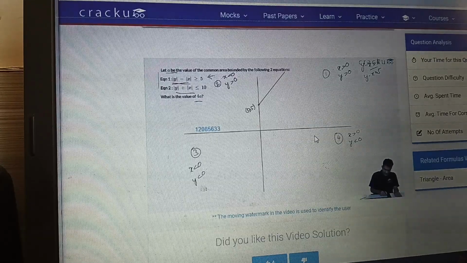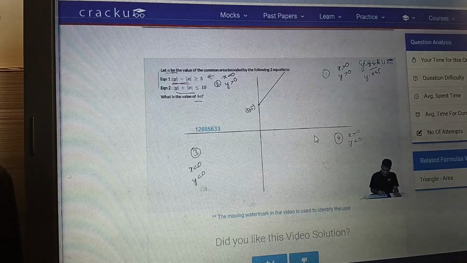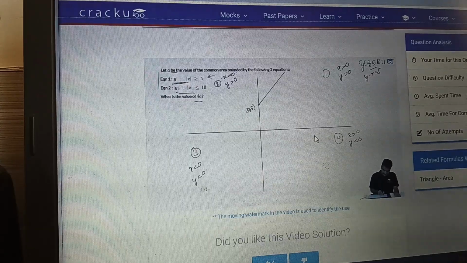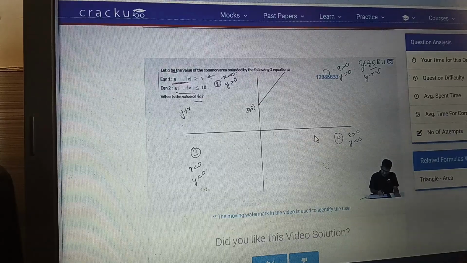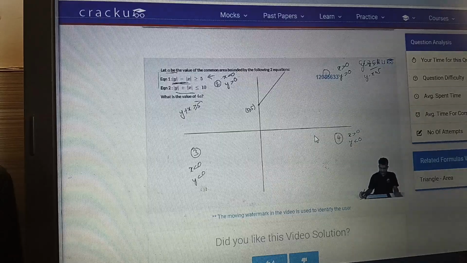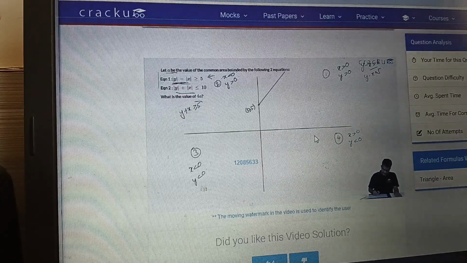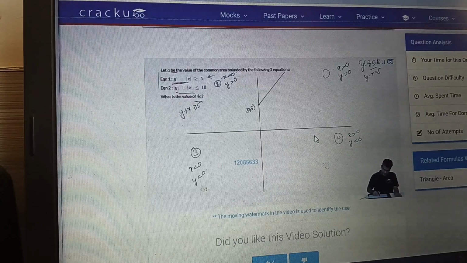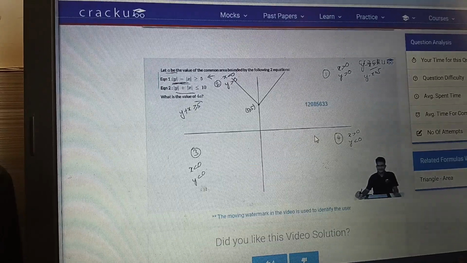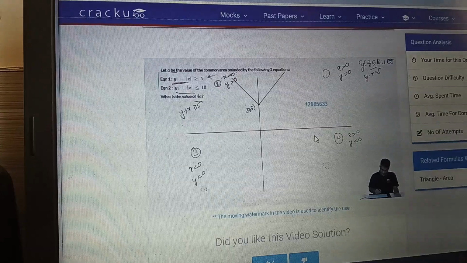Similarly, in the second quadrant, modulus of y minus modulus of x is greater than or equal to 5 will look like y plus x is greater than or equal to 5. And so again the point of intersection with the y-axis will be 0, 5, but now it will look something like this. This is the equation of the line y plus x is equal to 5. In the